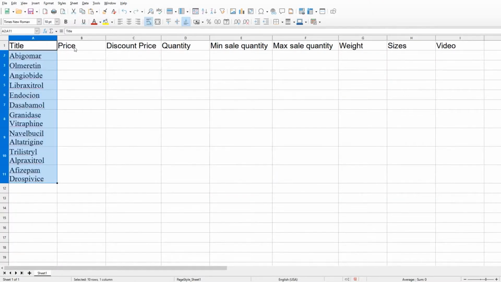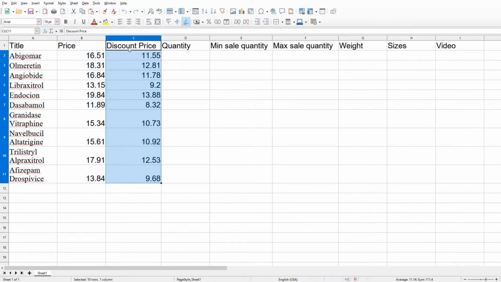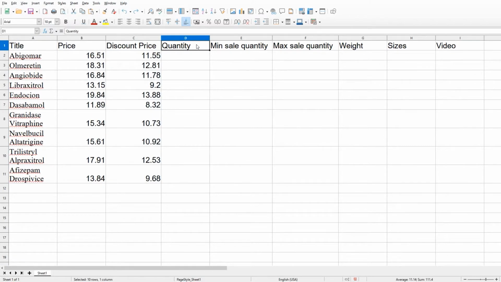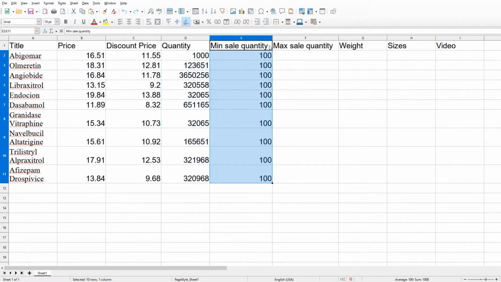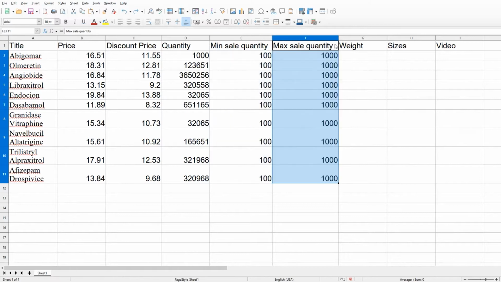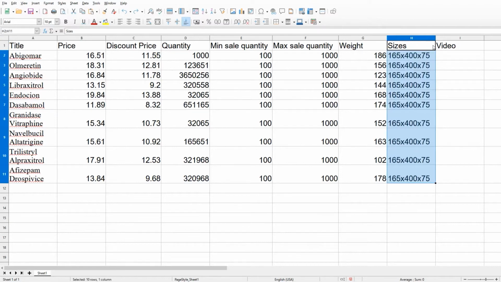upload: title of your product, price in USD, discount price in USD in case you offer a discount to the customers, total quantity of your items, total number of packages, boxes, or containers available for sale, minimum sales quantity, minimum quantity of items included in one order, maximum sales quantity, maximum quantity of items included in one order, weight per unit, package, box, or container, size, the exact size of the product, box, or container the products are packed in,